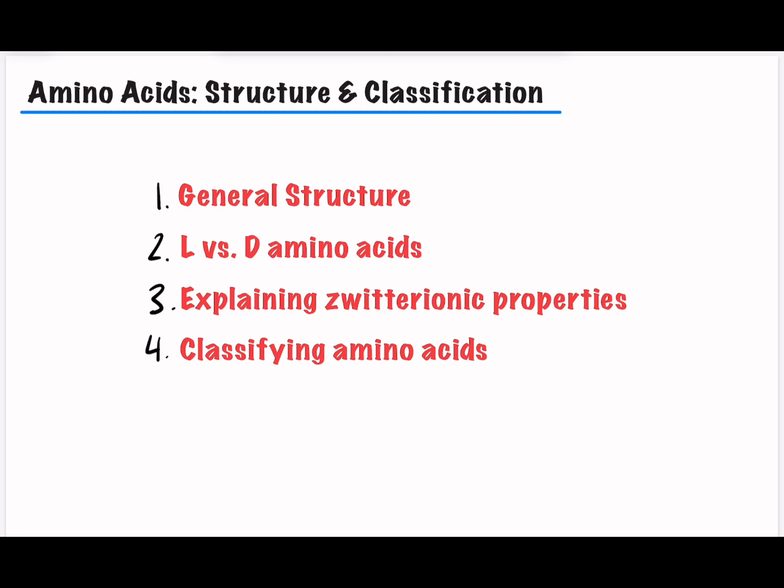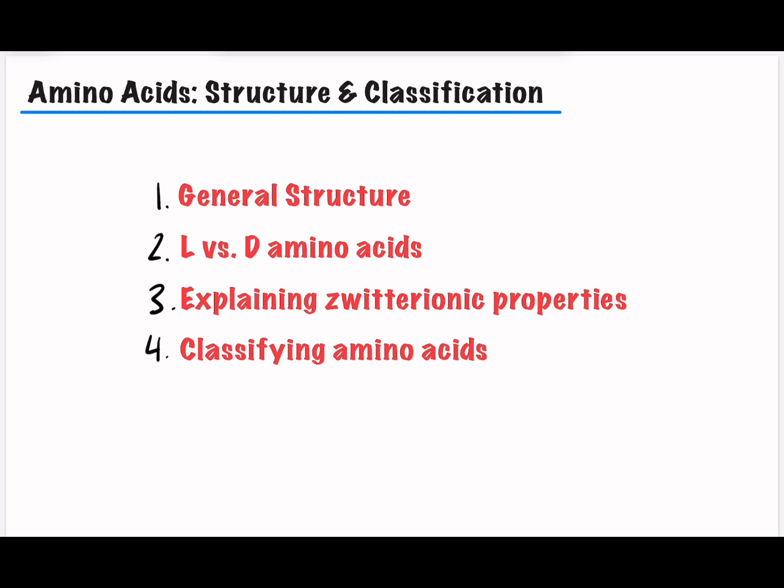and classification. So there's pretty much four main learning objectives for this video, which are the general structure of amino acids, L versus D amino acid configurations, explaining zwitterionic properties of amino acids, and then classifying them based on structure. And so by the end of this video, you should have a pretty good understanding of these four main learning